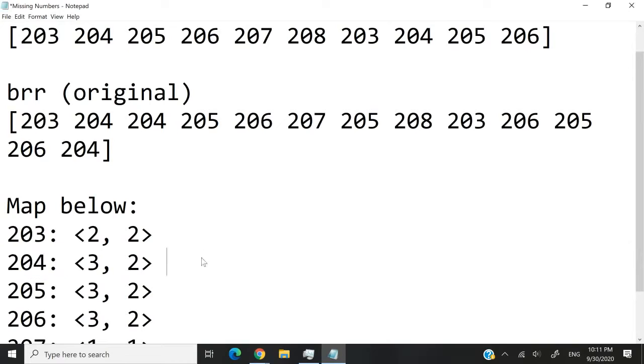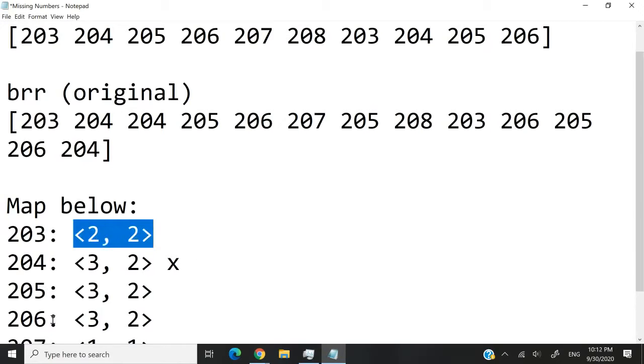So we can note this as a missing number. When I add this cross here, it means that there is something wrong because the frequencies are not the same. So this is a missing number, and the missing number here is the element 204. And that element, which is an integer in both our lists, acts as the key inside our map. So the keys are the elements and the values are the pairs for the frequencies.